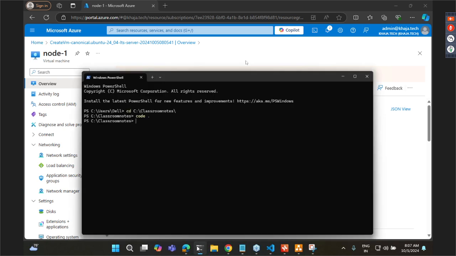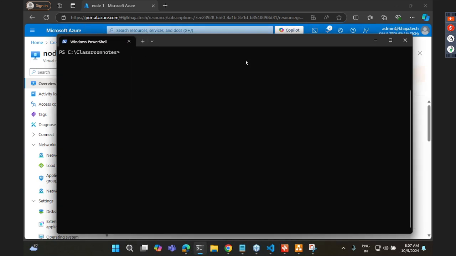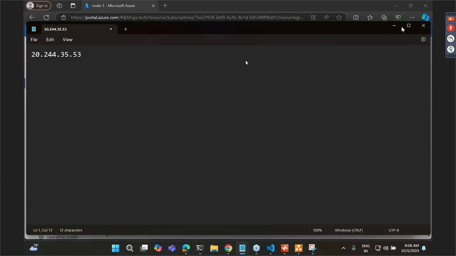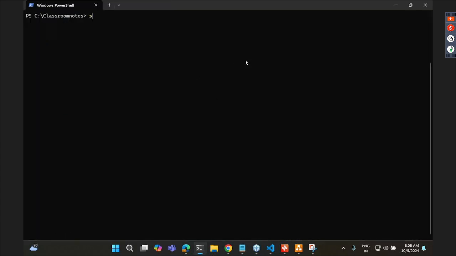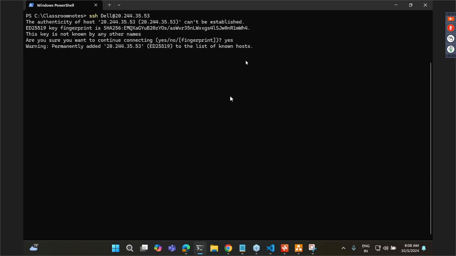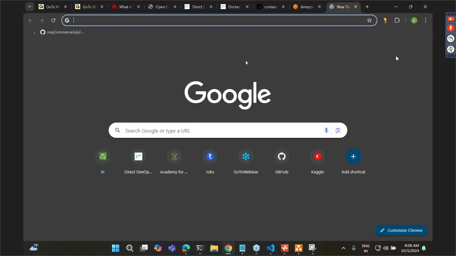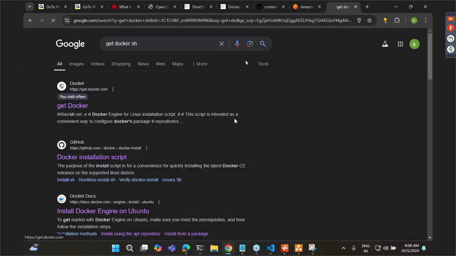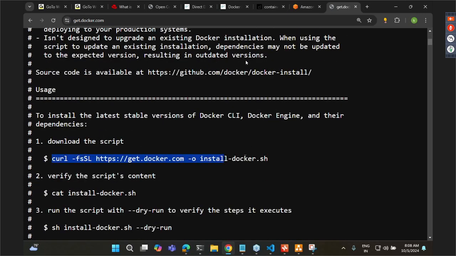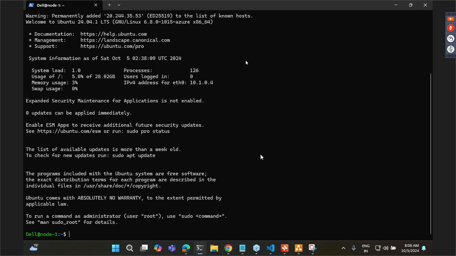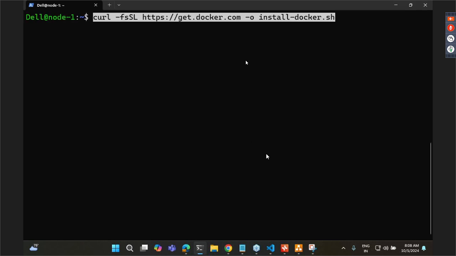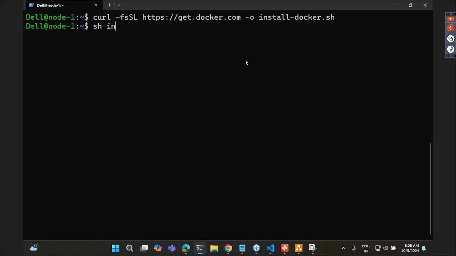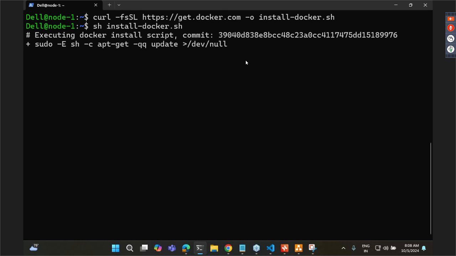Okay, let me take this IP address and let me have this IP address stored somewhere. Okay. So SSH into it with this IP. And the easiest way to install Docker is